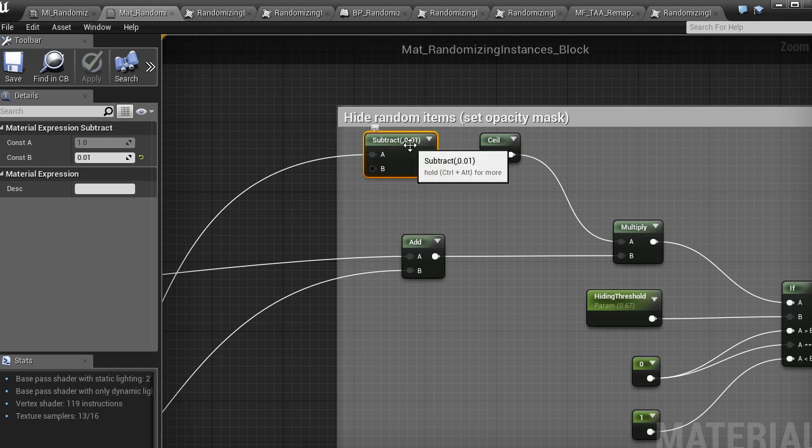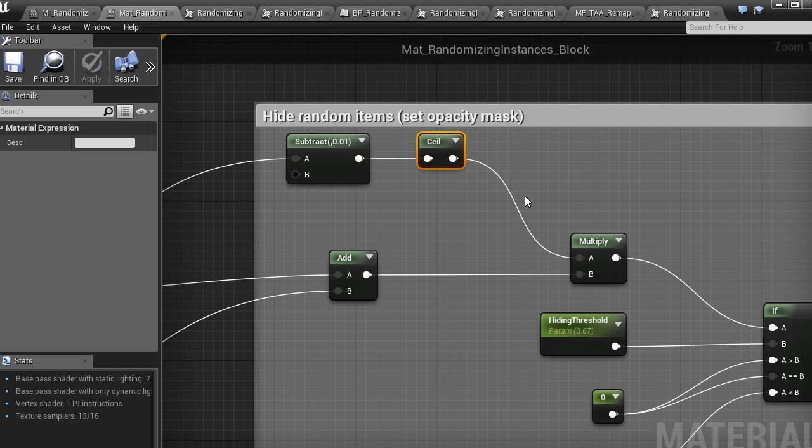So by subtracting this small number and then using the ceil function, the ceiling, I round the value to the nearest higher integer. So the ceiling, when it encounters something below 0, will return 0, black, while in another case it will return 1, so full white.